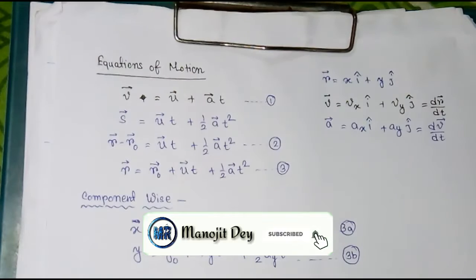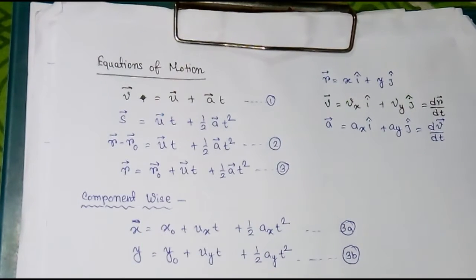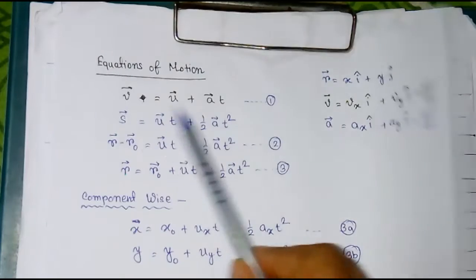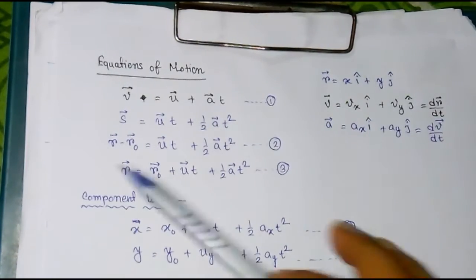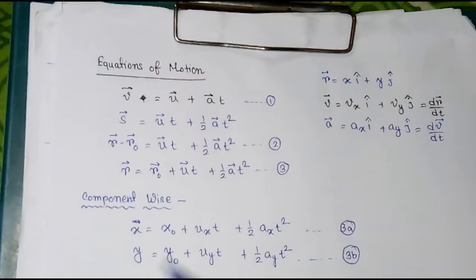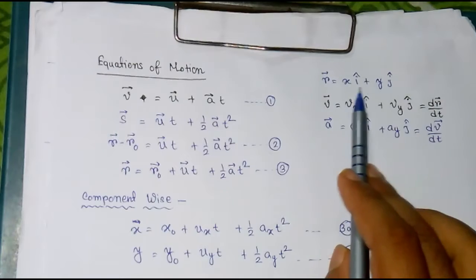So today we are going to learn about a very interesting topic, that is projectile motion. But before that you have to practice something. Okay, see here, some vectors are written, right? Do not be afraid of these things, I will make you understand, and I think you will understand these things very easily. So the first thing is r equals x i hat plus y j hat.